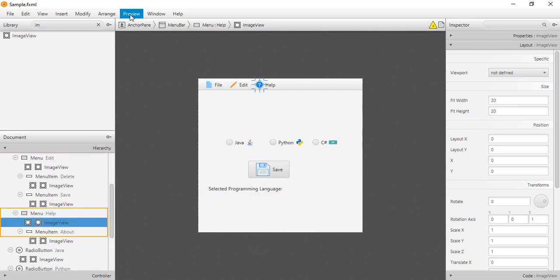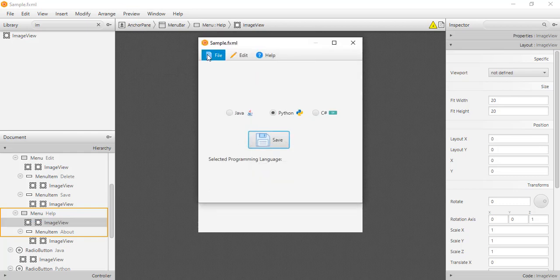We can now preview it to see how it looks. So we can see our application looks a bit presentable, and we can select the programming language of our choice. We close it,